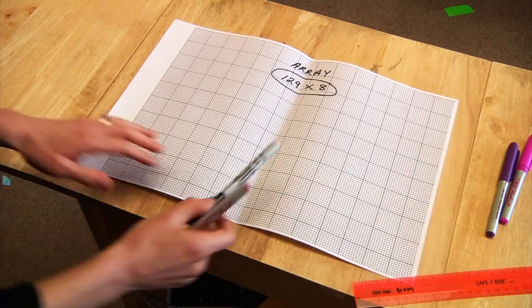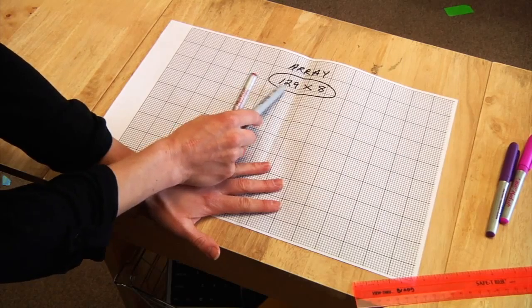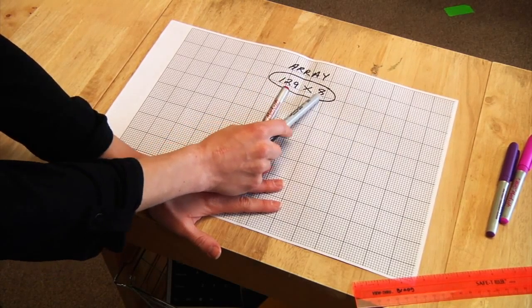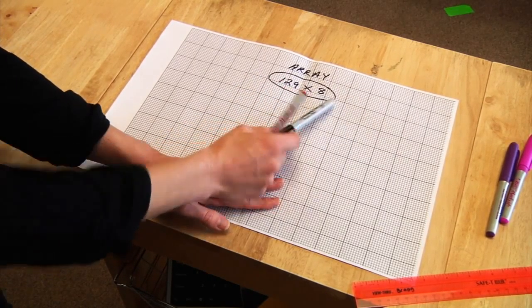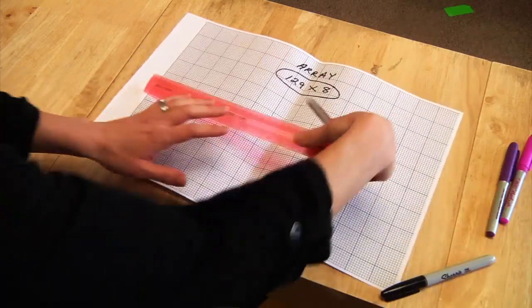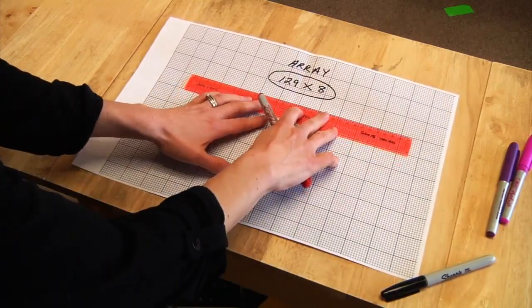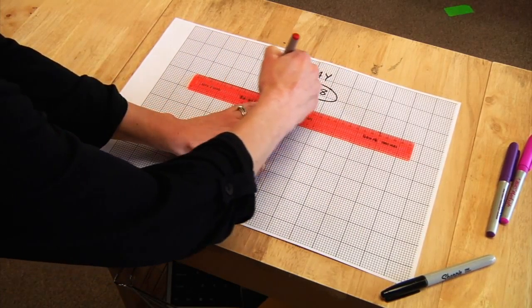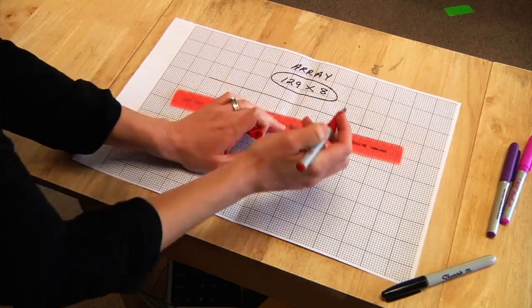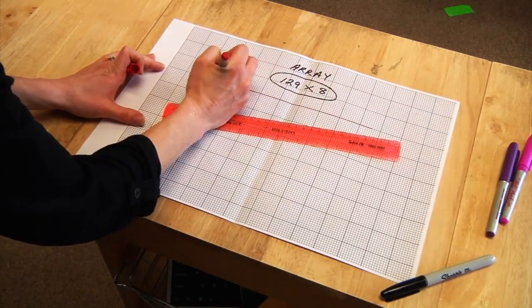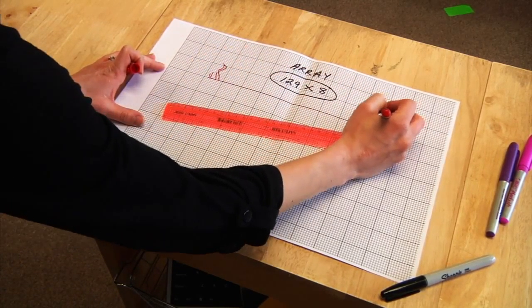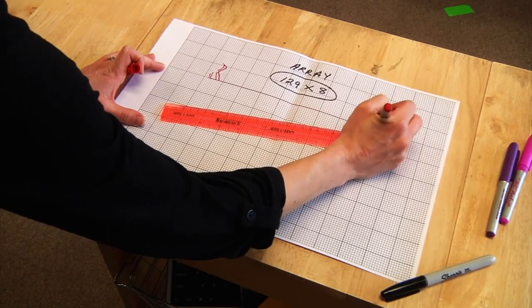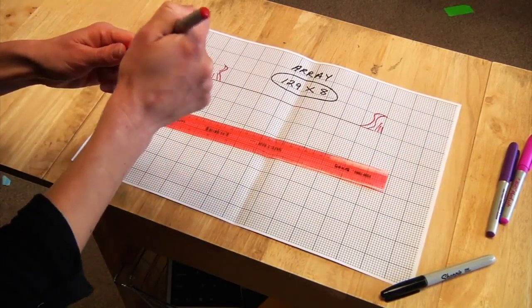Okay, today we're going to be making an array. It's going to be 129 seats and 8 rows of those seats in a movie theater. It's a very strangely shaped movie theater. But if you can think about this being the stage up front with the red curtains on the side, it's a very fancy movie theater, then maybe you can envision better this